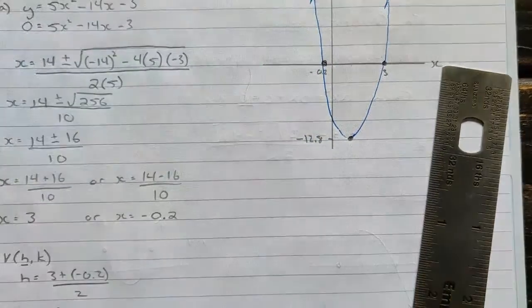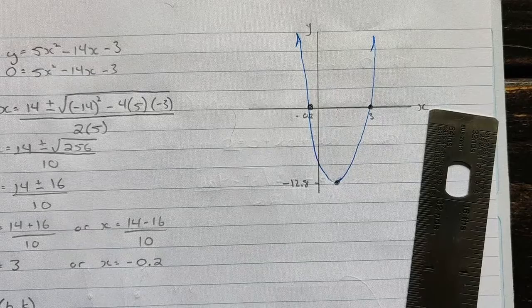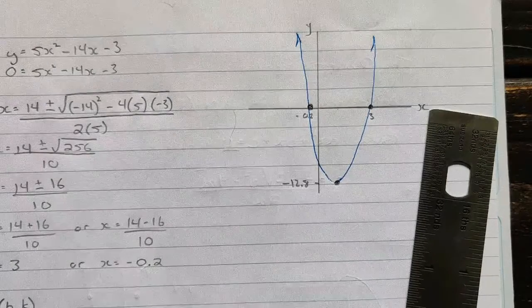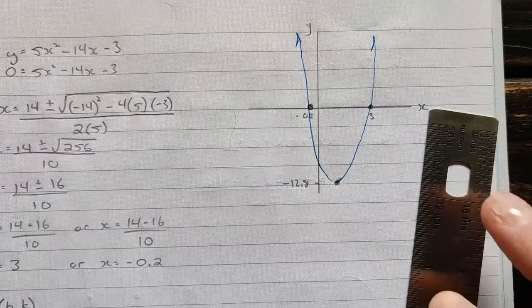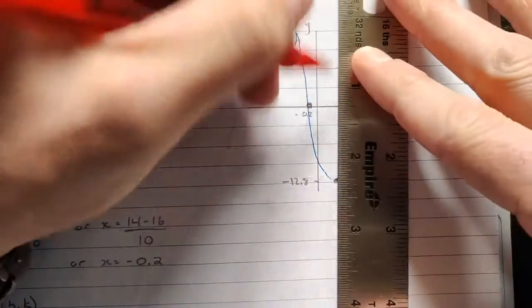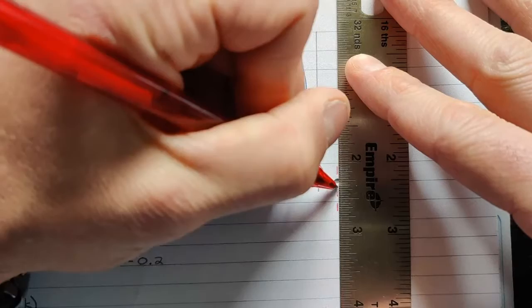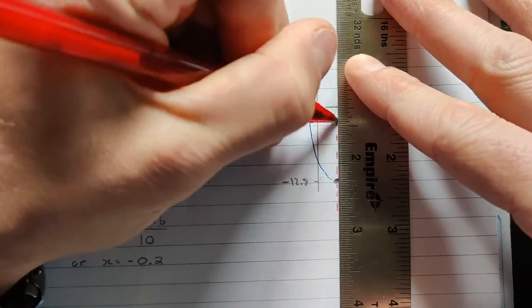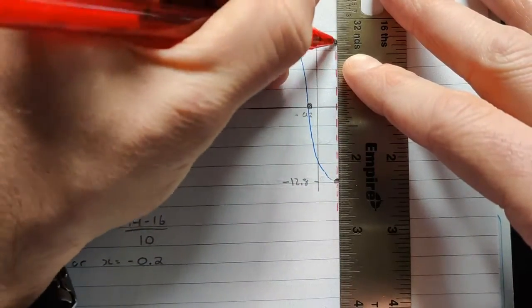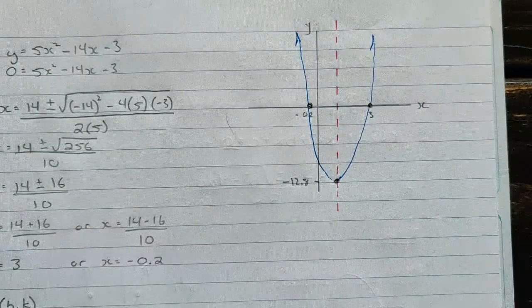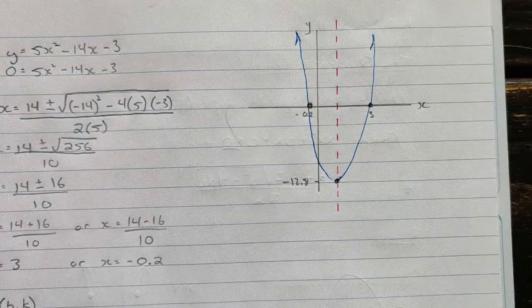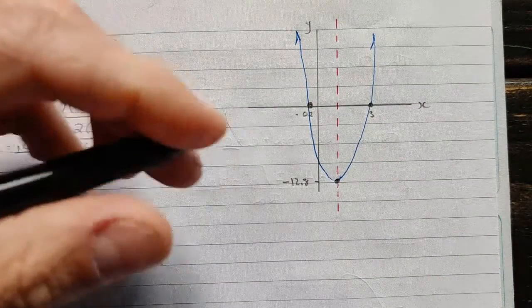So we get something looking like this. And then the other part was the axis of symmetry that it asked for. The axis of symmetry, remember, is that line that you'd put down the middle of the parabola so that it is symmetrical on either side. It's the line you'd put the little red mirror on, if you recall those, to mirror that image. So it's mirrored about that line, and the axis of symmetry in this case is